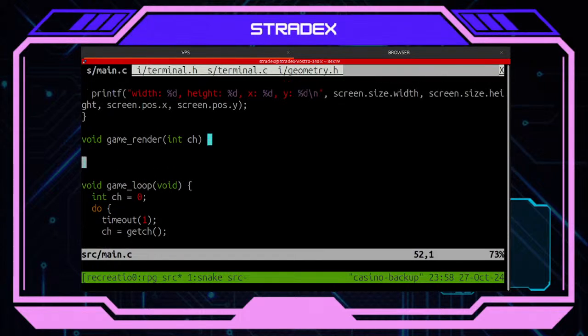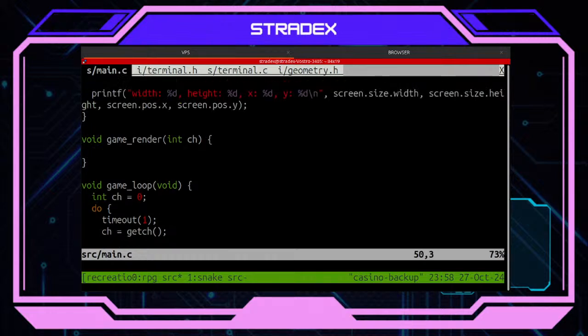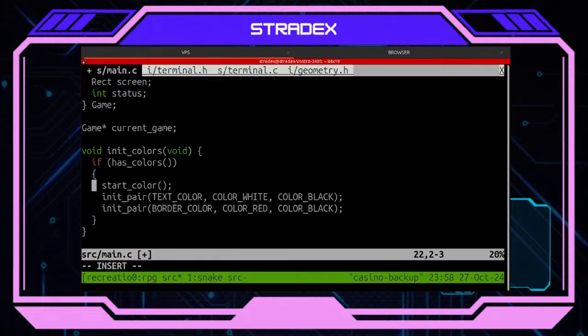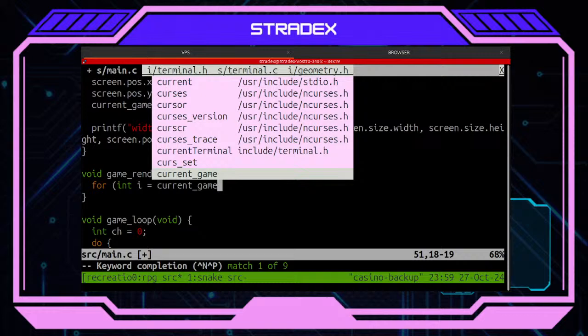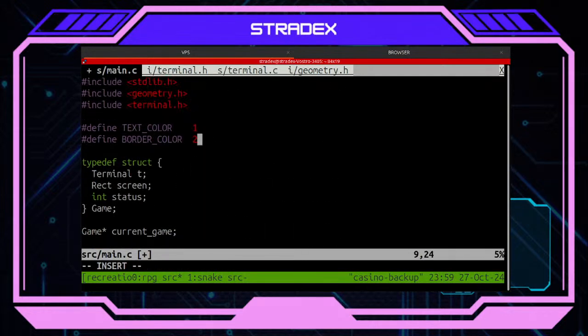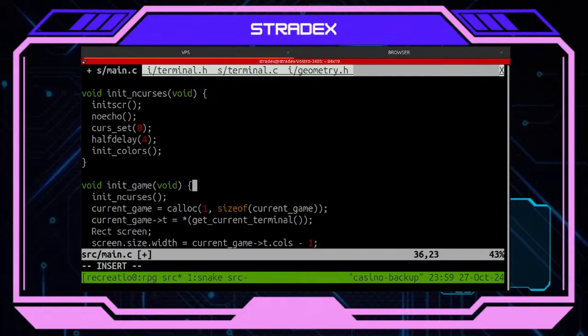What I want to do is basically to render here, for example. Let's try with rendering. Where is the game? Oh, here it is, the current game. Okay. Equals current game dot... not screen.